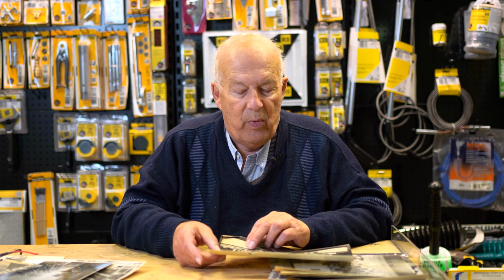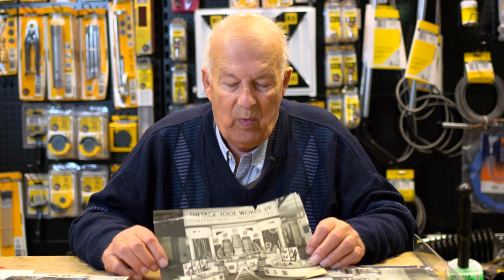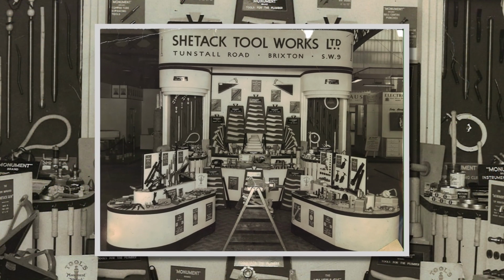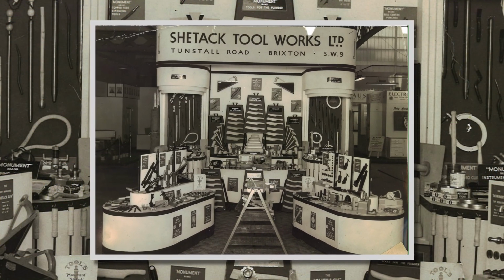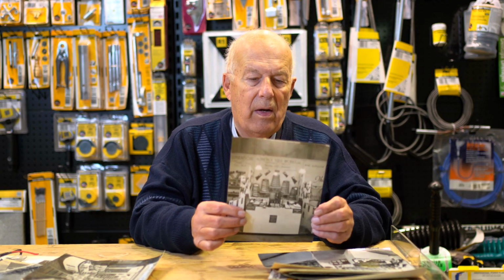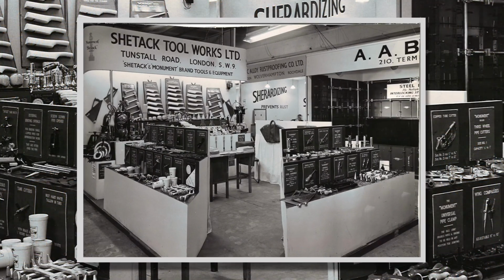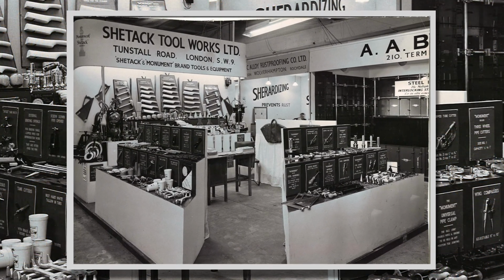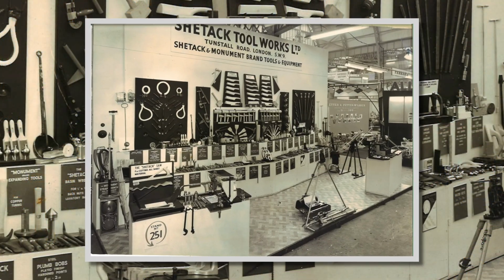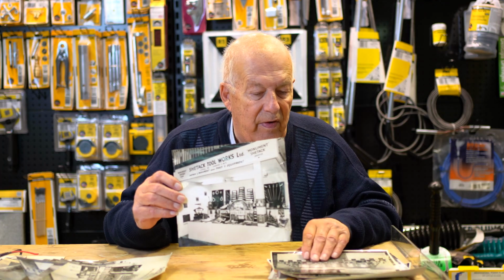A lot of work was put therefore into promoting the company, and particularly with these exhibitions, and some of the stands that we made were very decorative and very smart looking. There's another one. These are all back from the 1930s and 40s. There's another one there from the early 50s. That's 1951. And you'll notice the predominant name Sheetac Tool Works, but it does refer to Monument. And that one is 1954,